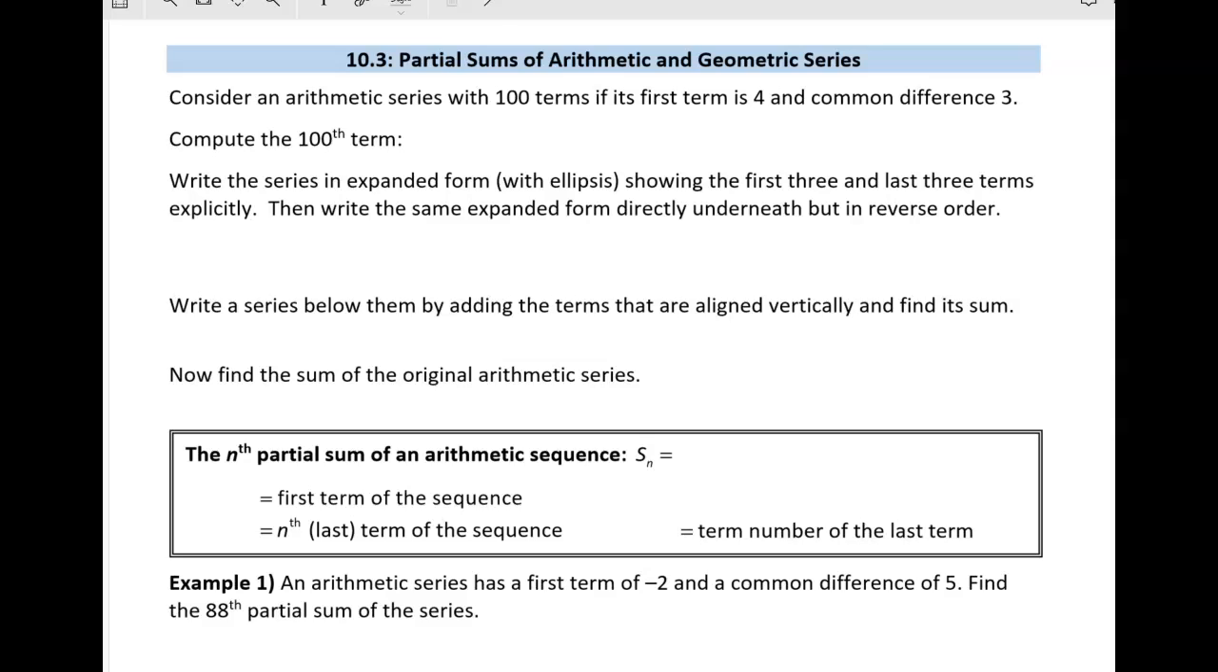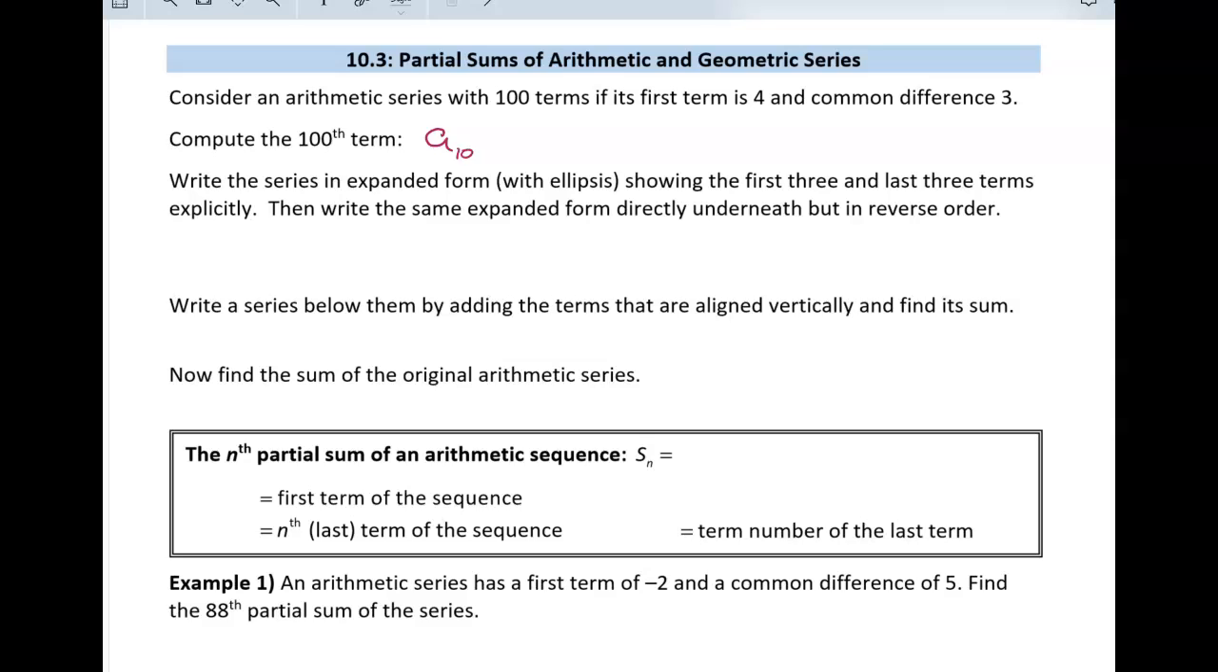In this section, we're looking at partial sums of arithmetic and geometric series. So let's consider an arithmetic series with 100 terms. If its first term is 4, then if I want to compute the common difference, if I want to